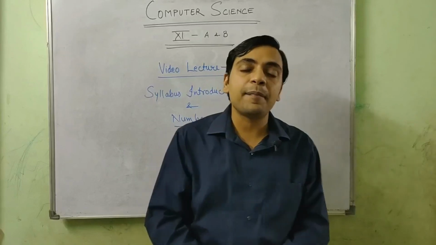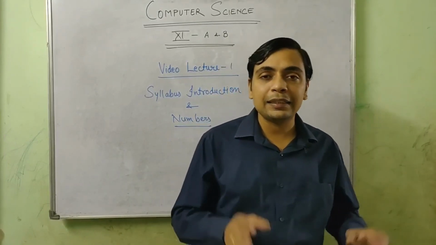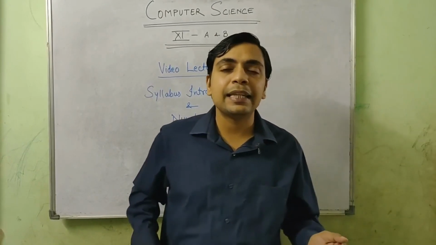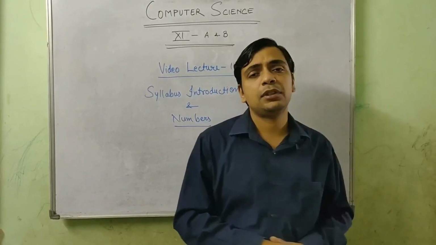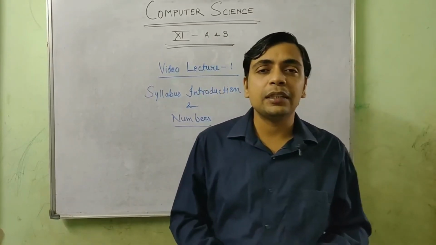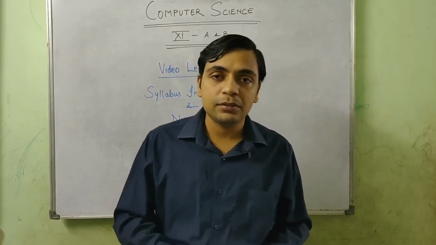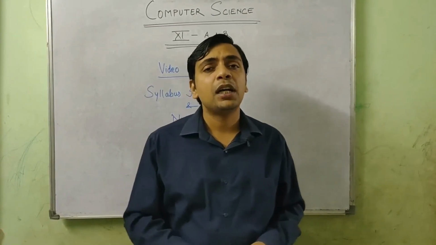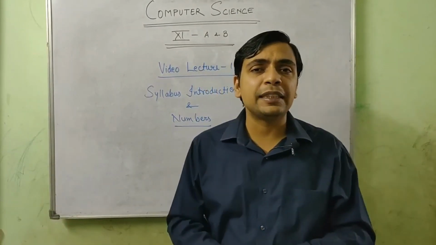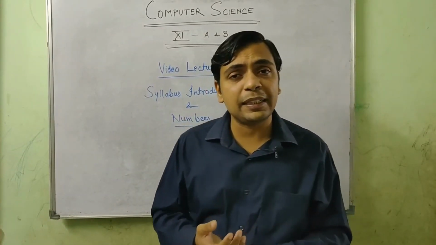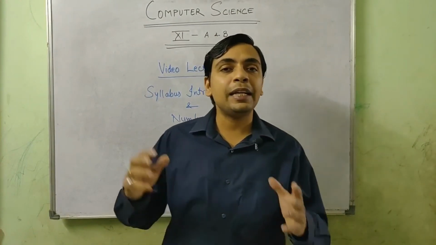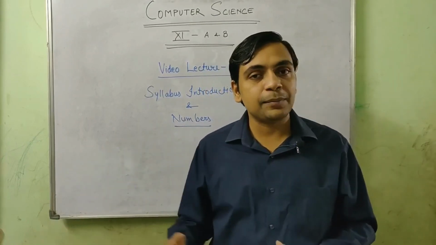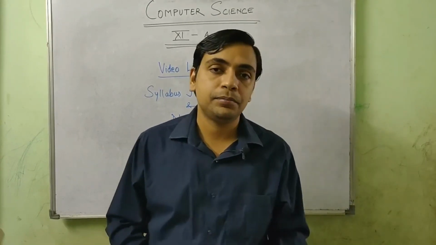Normally we are familiar with 10 digits, 0 to 9, and this number system is known as the decimal number system. There are 10 digits, hence the name decimal. In computers, you work with 2 digits, 0 and 1, so they belong to the binary number system. Similarly, there is a set of digits from 0 to 7. How many digits are there? 8. So there is a system in which 8 digits are used to form numbers, and that number system is known as the octal number system.